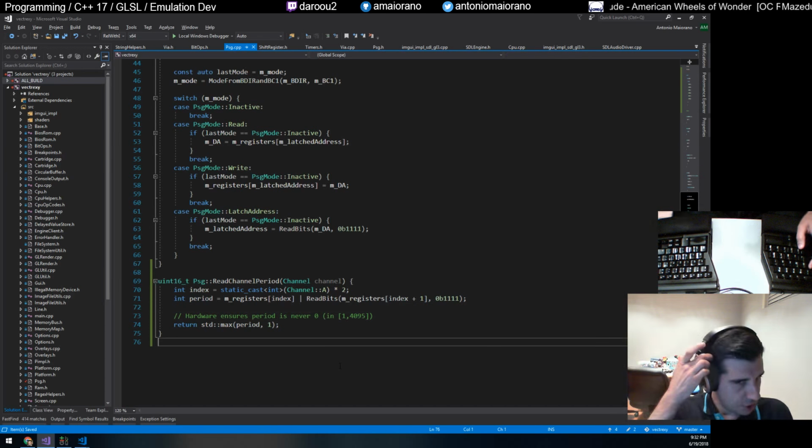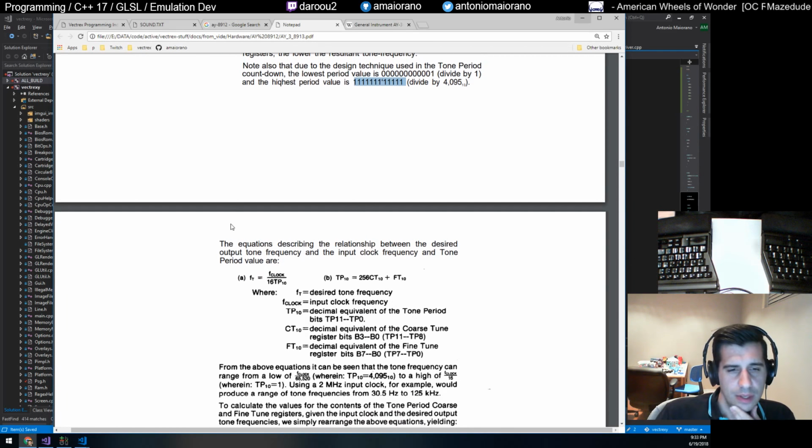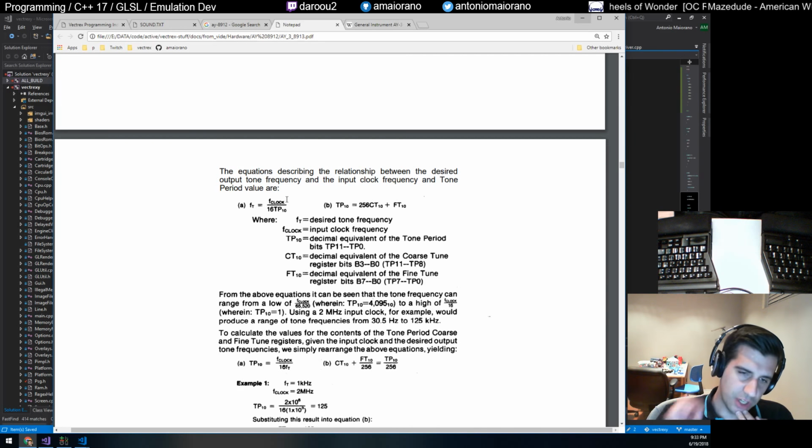Okay, so that should get us to channel period. The equation is describing the relationship between the desired output tone frequency and the input clock frequency and tone period. Okay, so this is just about the frequency. So the frequency of the clock divided by, oh yes, and that's right, they were saying that you have to